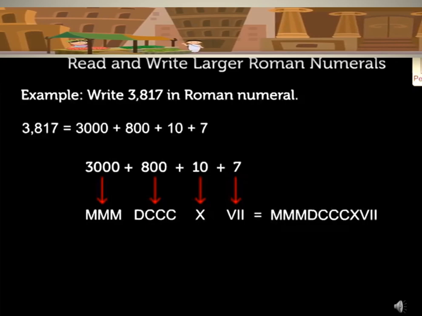Now we write the Roman numeral value for each, that is 3000 as MMM, 800 as DCCC, 10 as X and 7 as VII, which is equal to MMMDCCCXVII. It was so much fun learning